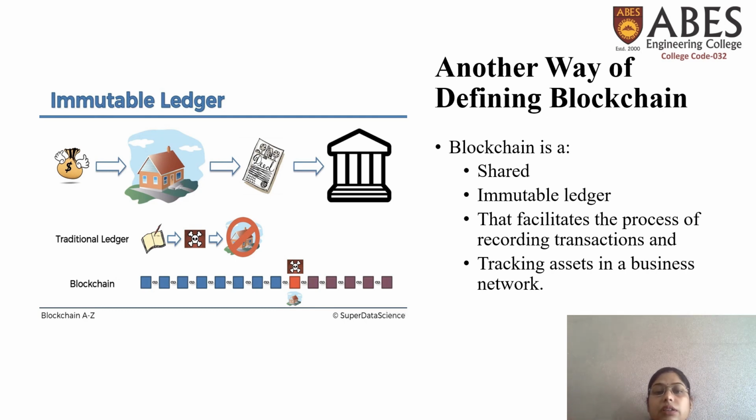So we can consider that suppose you have money at your home. You go to the bank, you deposit it in your account and you get an entry in your passbook. The bank records that transaction, whatever you have deposited or withdrawn, in a transactional ledger book, right? They maintain a book in which they put each and every entry of credit and debit that is happening in your account. What is blockchain doing? Blockchain is maintaining that entry in a particular block.